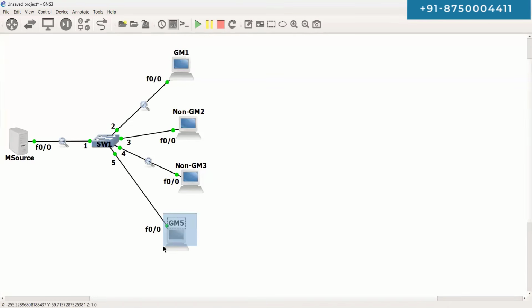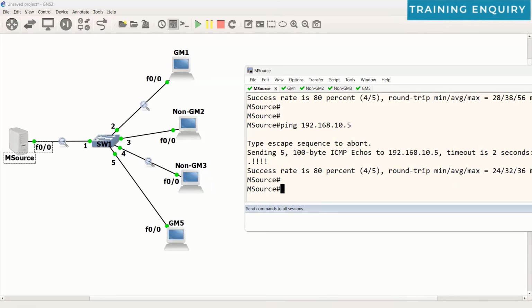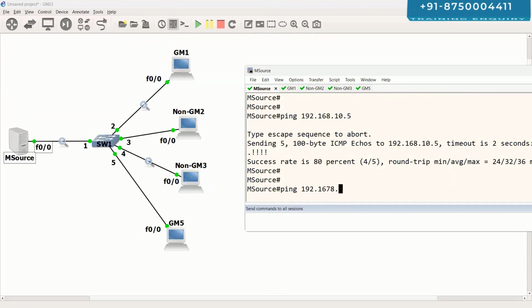I could have used broadcasting for the same as well. And if you want to use broadcasting for the same, very simple. Just go onto this device, this multicast source, and just use the command ping 255.255.255.255. It means like I'm going to